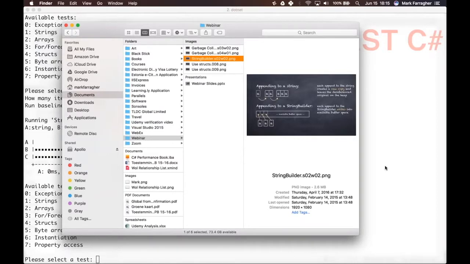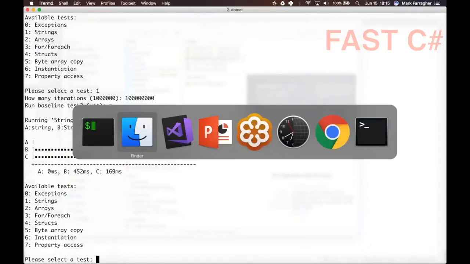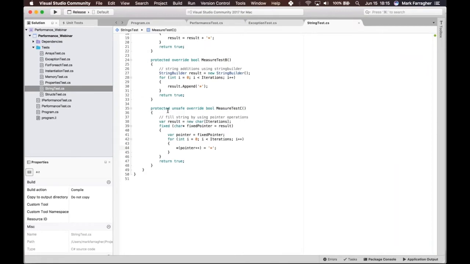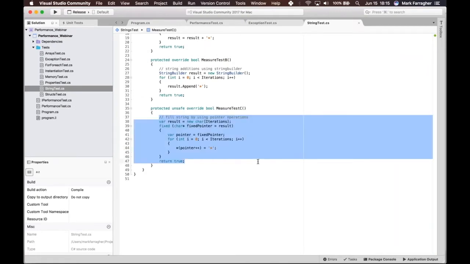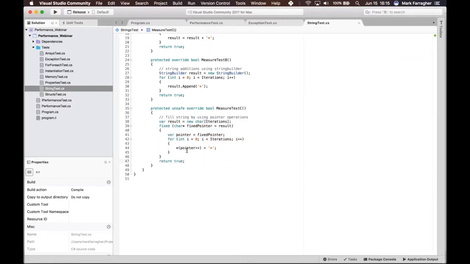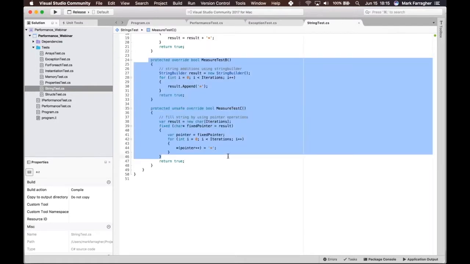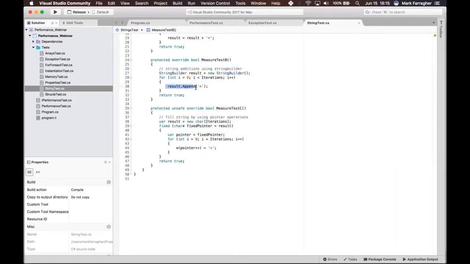Now, the fun part is that behind the scenes, the string builder is actually using this code. So internally, the string builder fixes a block of memory and then writes directly to that memory using character pointers. And the only reason why we see a difference between these two blocks of code is because in test B, we have the overhead of the append method, and that will slow down the code a bit. So going back to the results,